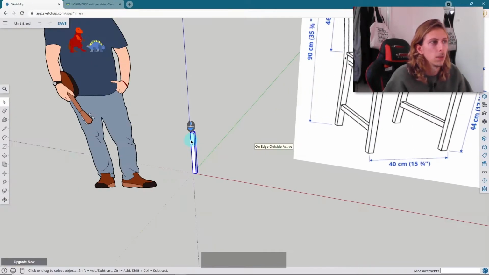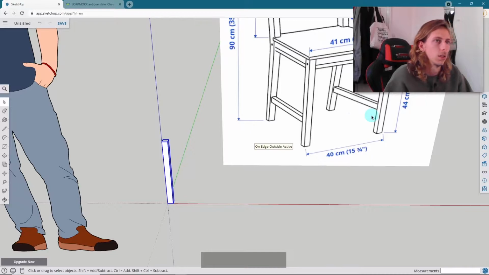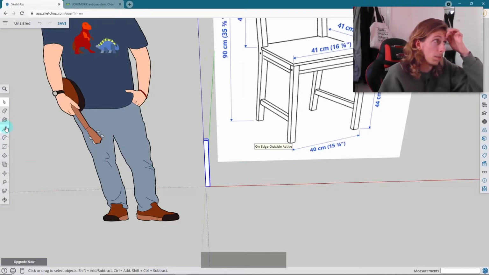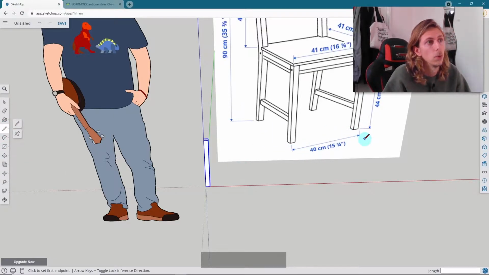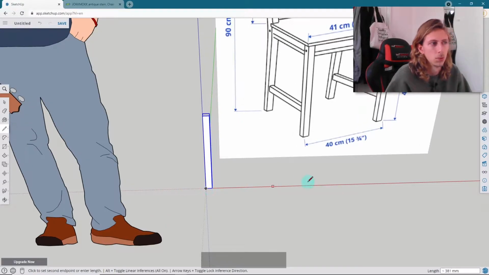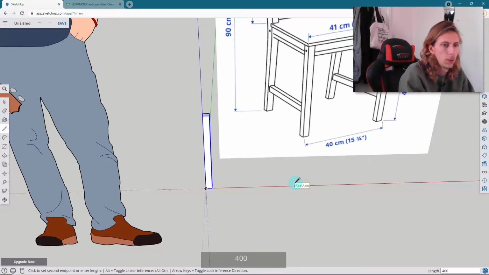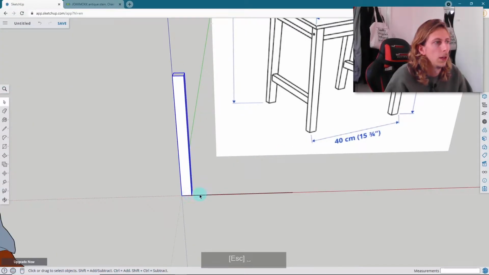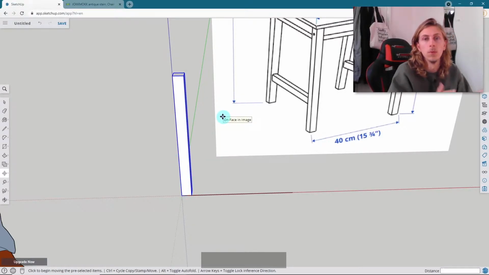So yeah, this is our first leg, and what I'm going to do now is essentially duplicate it onto the right hand side, and we've got this other measurement here, this 40 centimeter measurement. So that's the total width of the front leg points. In order to do that, I'm going to do the same thing. I'm basically just going to draw a 400 millimeter line, hit enter, like that, and then hit escape. And now if I press M on my keyboard, which is the move tool, I can click on the point